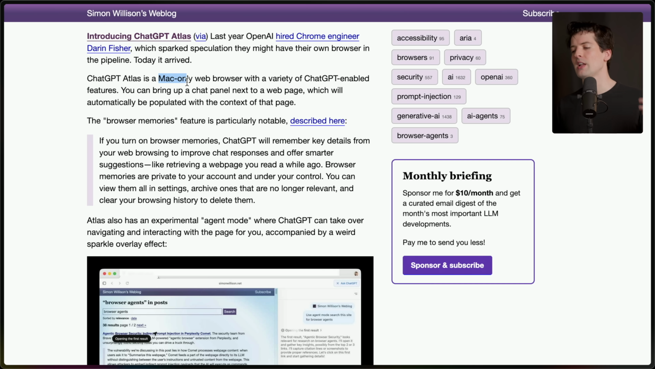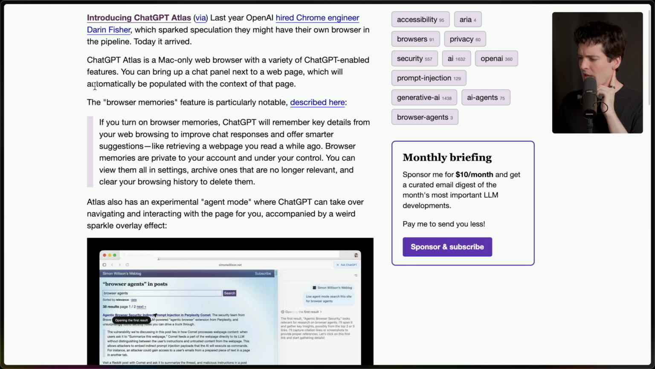Oh, I forgot to mention before. It's Mac-only right now and will be for the foreseeable future. They said other platforms are planned and then only said Windows. I see people raging that it's not going to support Linux. Do you really think people at OpenAI are using Linux as their daily driver OS? Let's be real here. "You can bring up a chat panel to a web page, which will automatically be populated